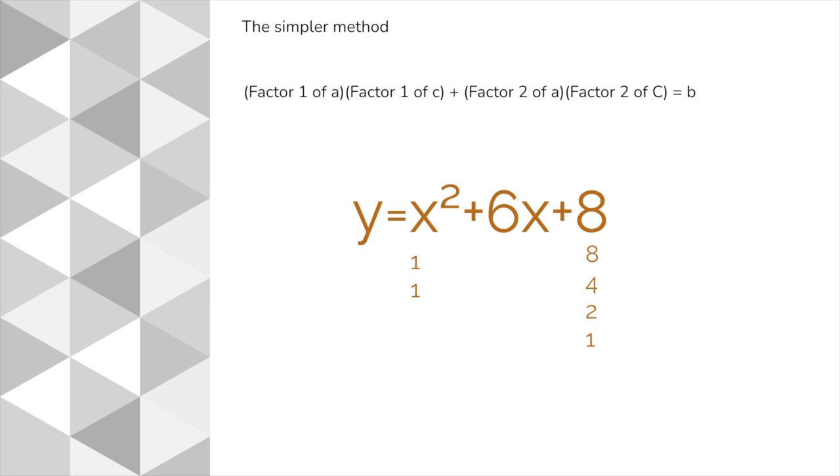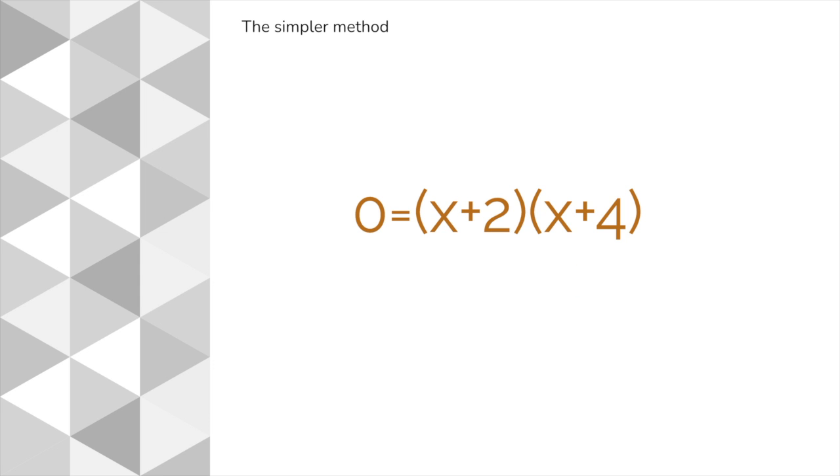Let's group our factors into their pairs. We now have 1 and 8 and 2 and 4. Right away, we can see that 2 and 4 add up to 6, meaning that the factors that we'd be using are 2 and 4. To use these numbers, we would add them into the equation of 0 is equal to x plus 2 multiplied by x plus 4. The reason we set this equation to 0 is because an x-intercept is present at the